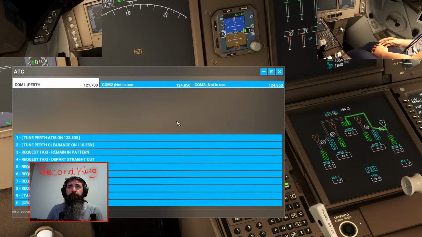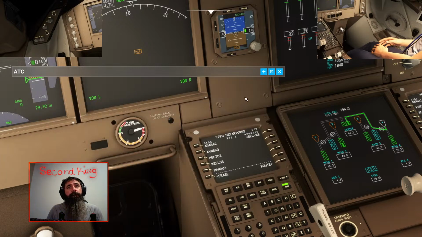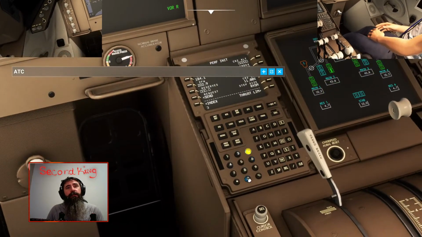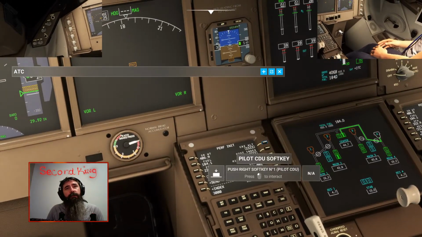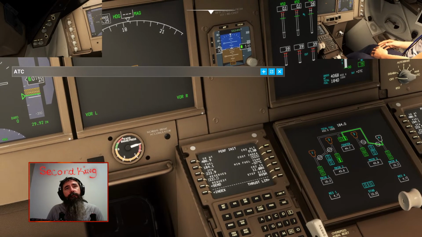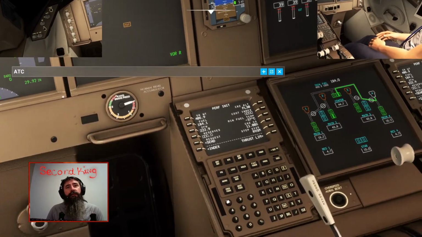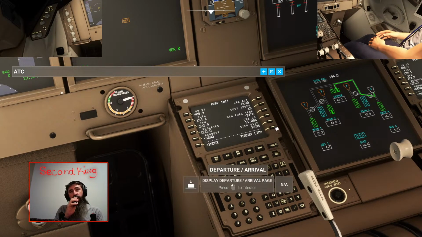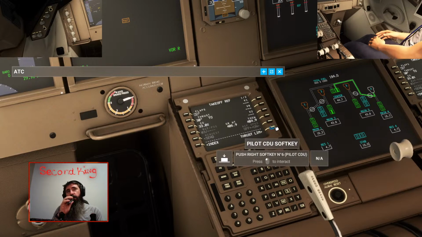We'll go to ground. Perth Airport information, Lima 1800 Zulu. Wind 052 at 5. Visibility, tree. Sky condition, few clouds at 14,100 feet. Temperature, 27. Dew point, 10. Altimeter, 29.8. ILS Yankee runway 0 tree in use. Landing and departing runway 0 tree. VFR aircraft say direction of flight. All aircraft read back hold short instructions. Advise controller on initial contact you have Lima.